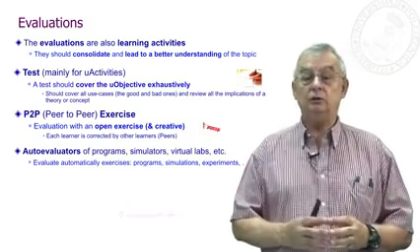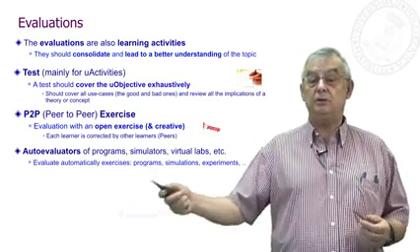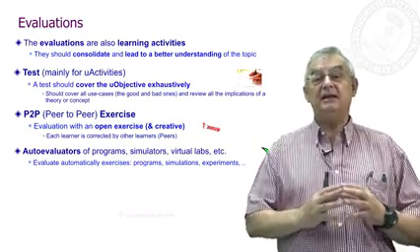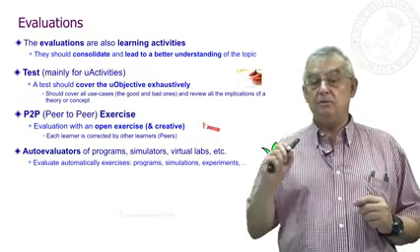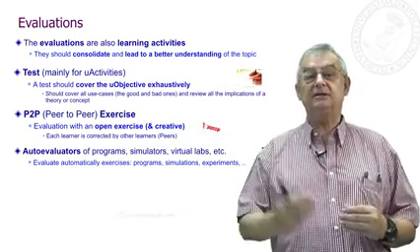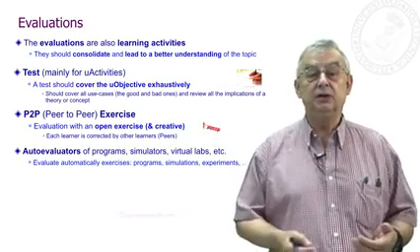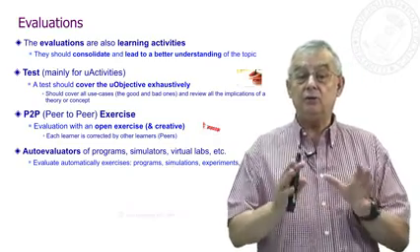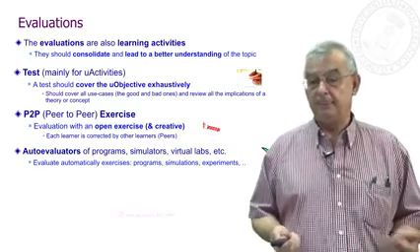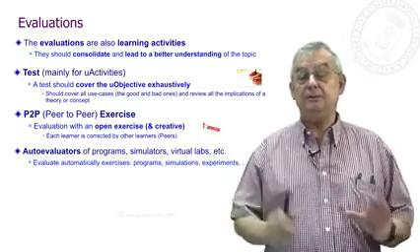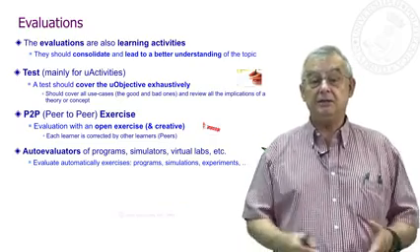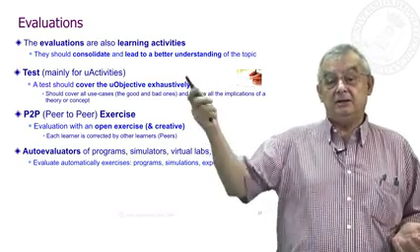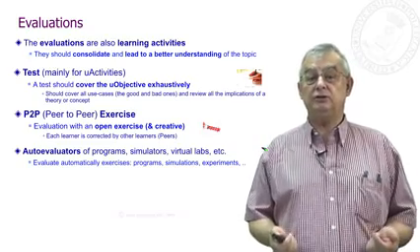Today you also have auto-evaluators, automatic evaluators of programs, simulators, or experiments, which are very much liked by the learners because they provide instant feedback. You submit your program, and immediately it tells you if it is correct, in which part it is correct or not, because they act as a test suite which says which tests have passed and which have not, and therefore you know which parts of the program are correct and which are not. So these are the main possibilities for evaluation. Here, for programs, Jupyter notebooks and other test environments are very useful, and you will probably have to use one of those for the evaluations of your activities.